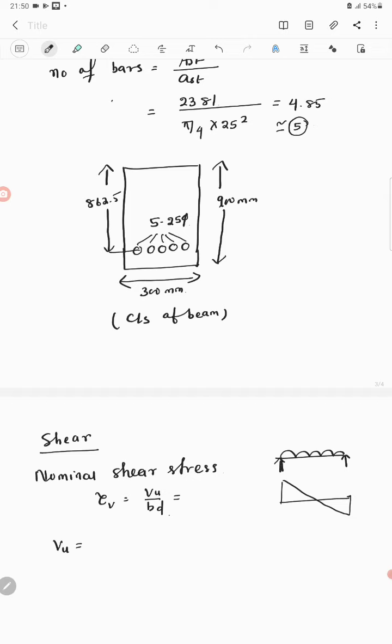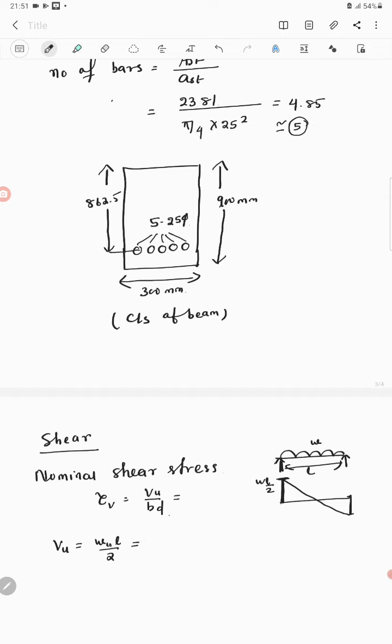As you know, at the support we'll have the maximum shear force. So we have to calculate this shear force at the support, and we'll take that value to design. So if this is w, and this is L, this one will be w into L by 2. Okay, so Vu will be wu into L by 2,